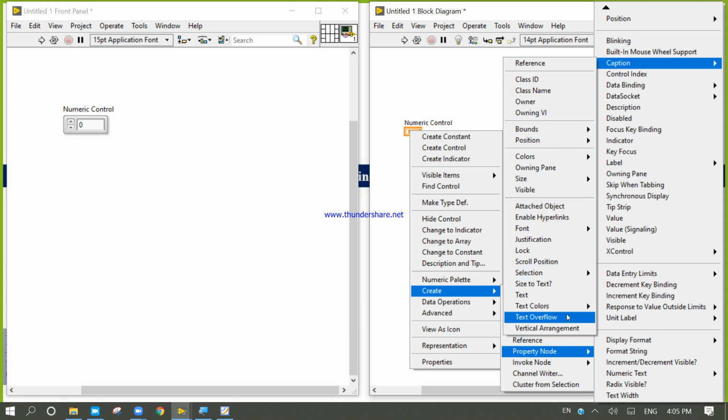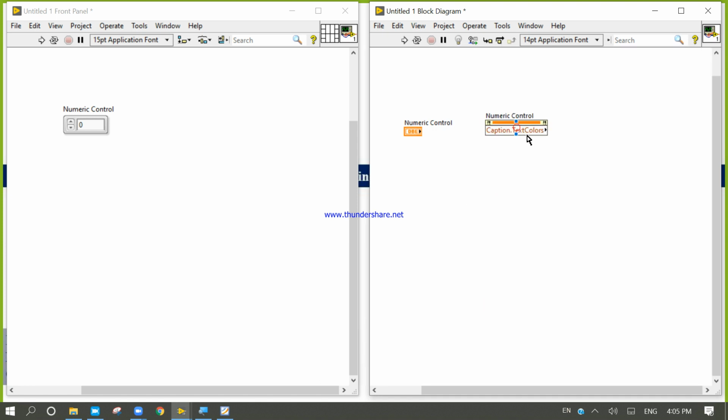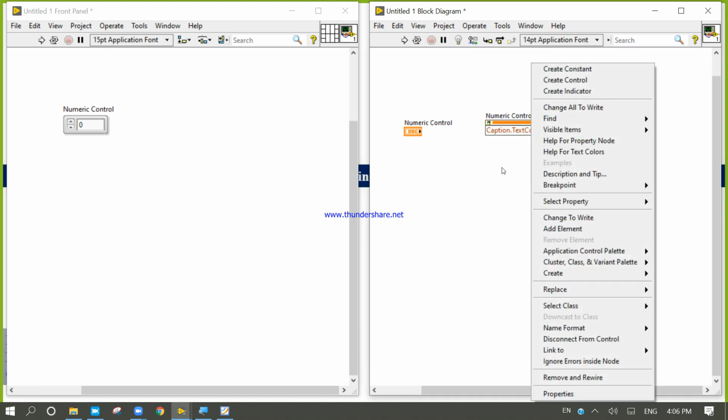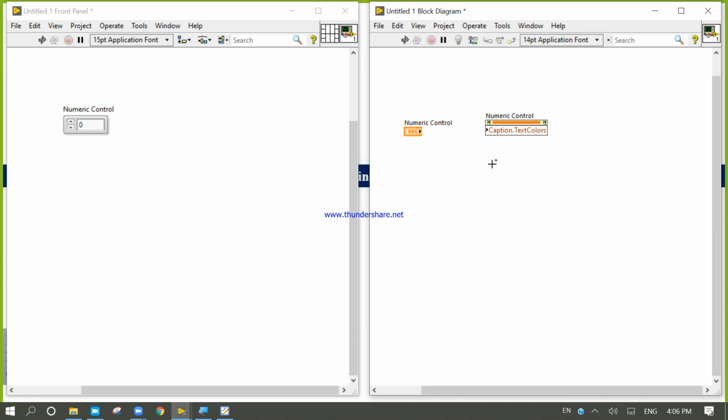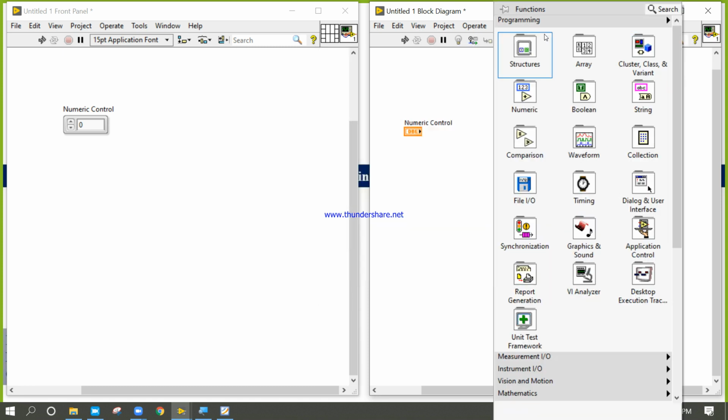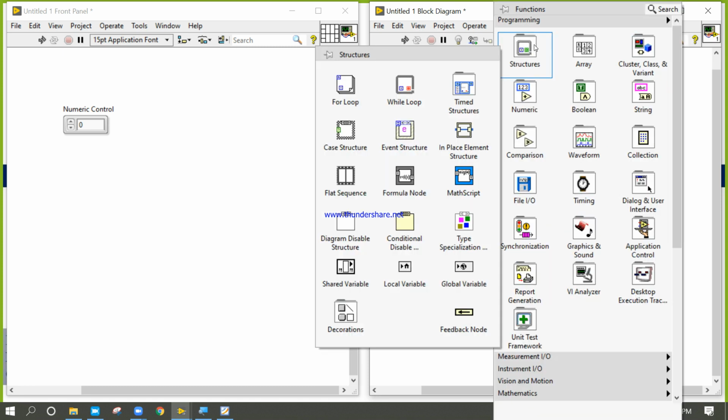In the caption, text color. So for the text color, look at here. If you do not look here, you will miss this one. Right click, all.